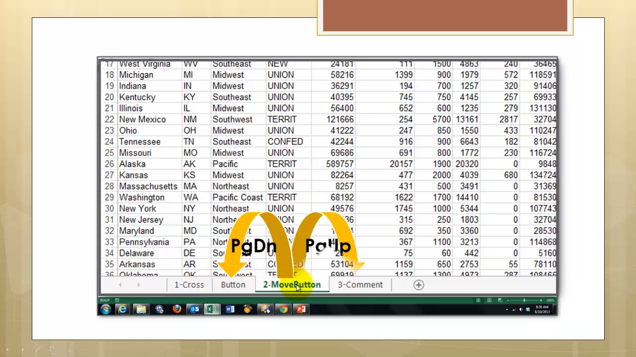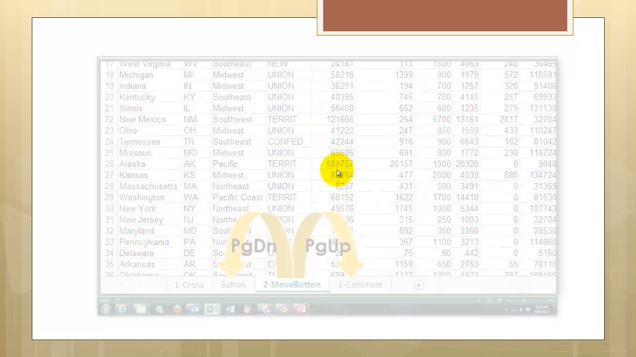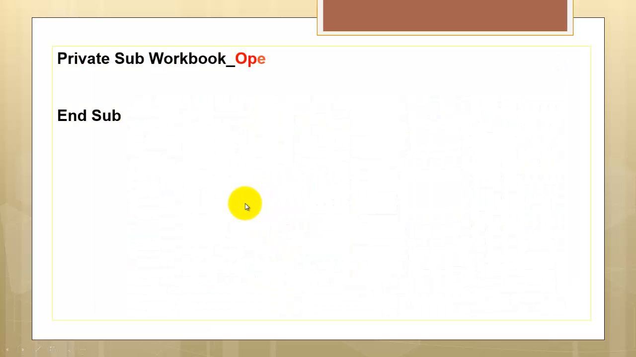When you want to move from one sheet to the other, I would like to do that with the page down key or the page up key. Can I make my own shortcut keys? Sure. When the workbook opens, we do that in this workbook